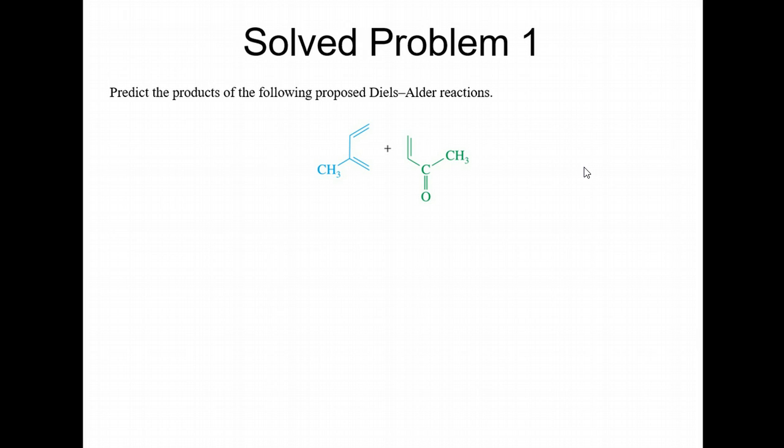So here's our diene. We have a group at the 2 position. Here's my electron withdrawing group. All right, that and that. That's where it's going to combine. The question is, does this group want to be here, or do I want to add it